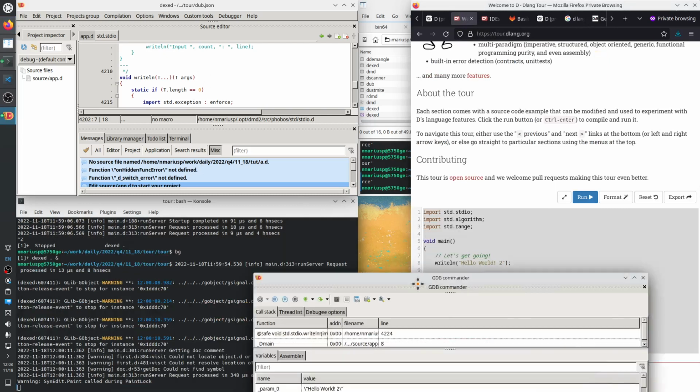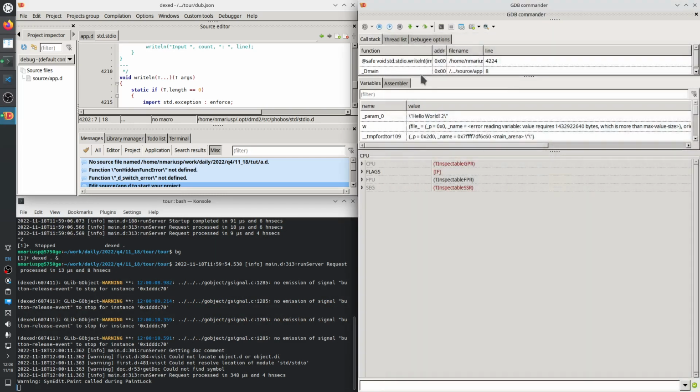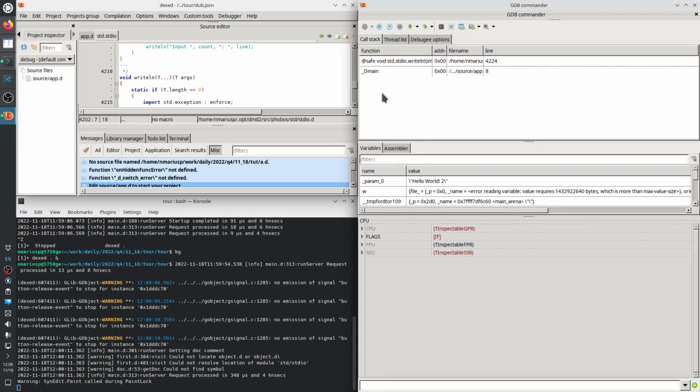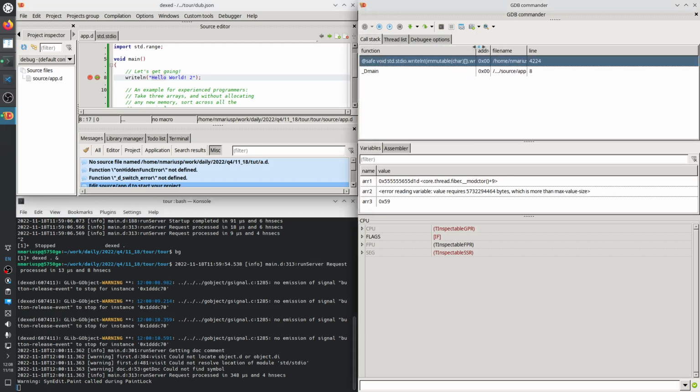So the call stack is our function, which is main, and this is the name, the symbol main but mangled, and then that has called the function from the standard library,